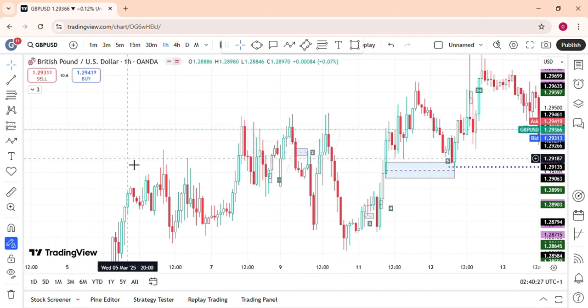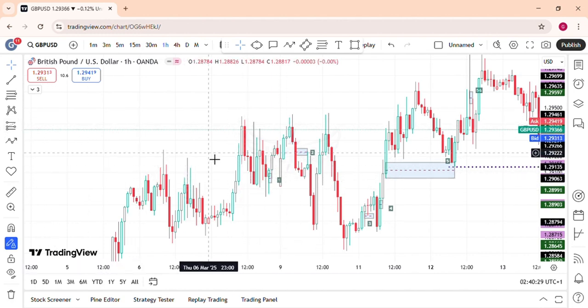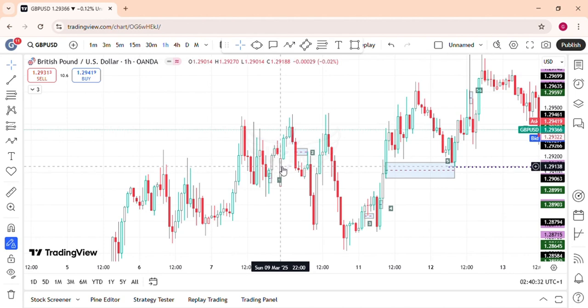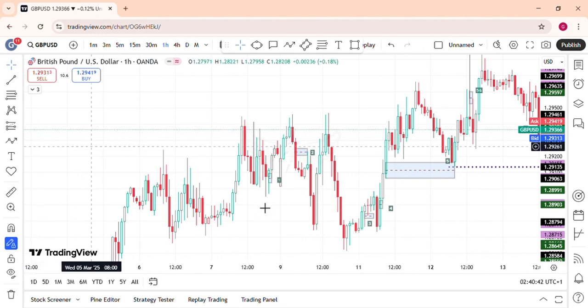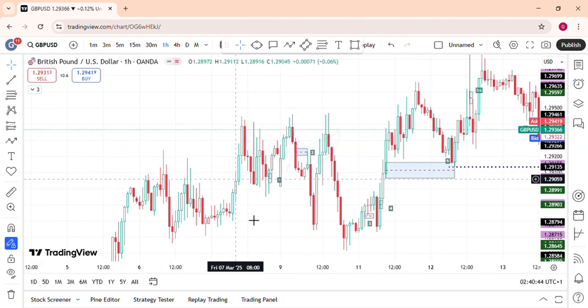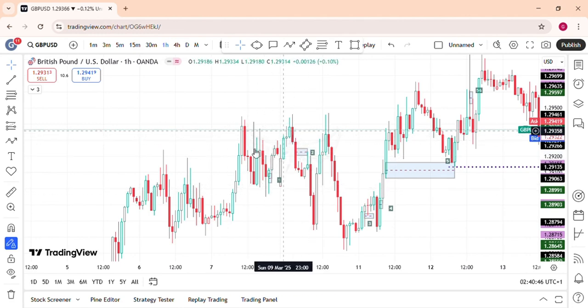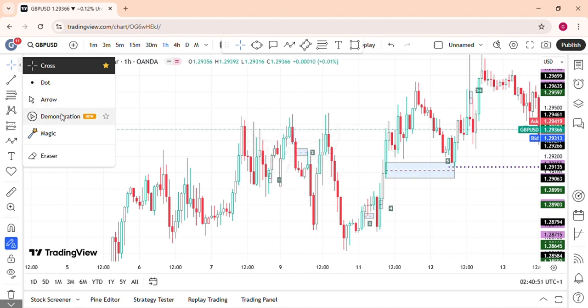So if you look at this trade, before we go into trading this setup, we should know that we have to go to a lower time frame, like the 5 minutes or the 3 minutes time frame, to look at what the price is actually reacting to. So now let's go over to our 3 minutes time frame.